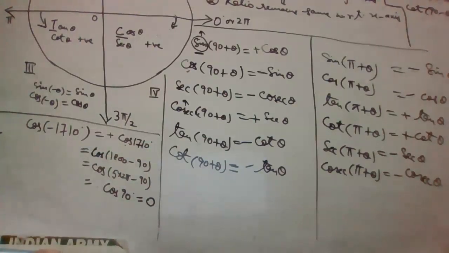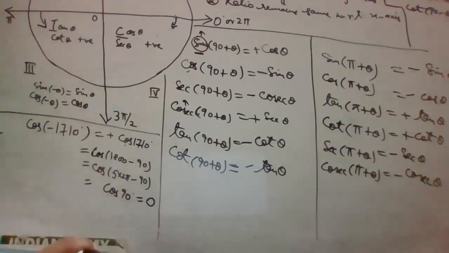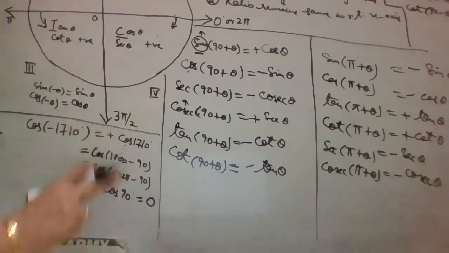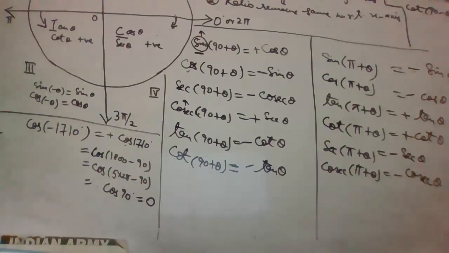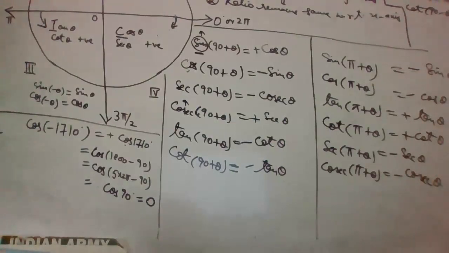So here we have to apply these ratio changes to find out these angles. Any angle, any bigger value, we can find out by applying these ratio changes. So this was an important part, to change the ratios, and we'll be using it in questions. So we are stopping this concept here.